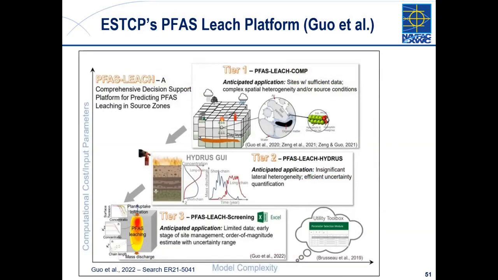So this is again from this great University of Arizona research team. Mark Brusseau certainly played a big role in the underlying physics of these things, but they're developing this trio of models. Tier 3 is more of a simple spreadsheet, constant flow, things of this nature. Hydrus is in the middle. This is an adaptation of that to account for that air-water stickiness for the long chain PFAS. And then they've got the big dog, this guy that, when they start running it, the lights in Arizona start to dim a little bit just because of the energy it takes.